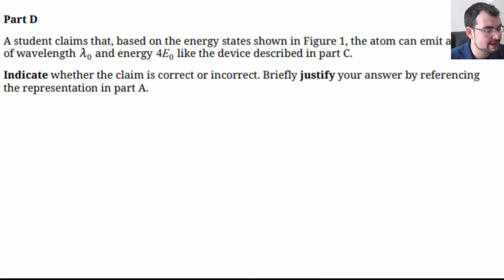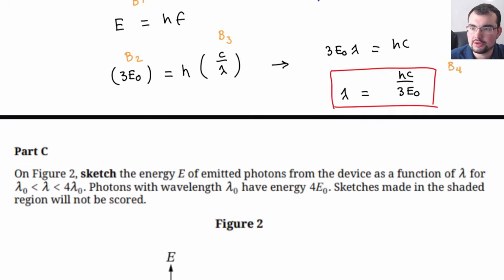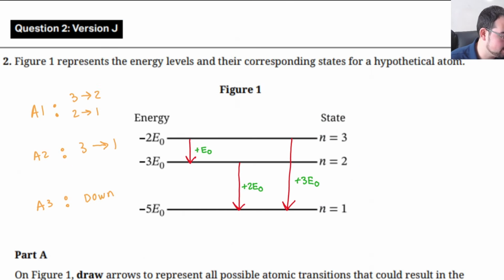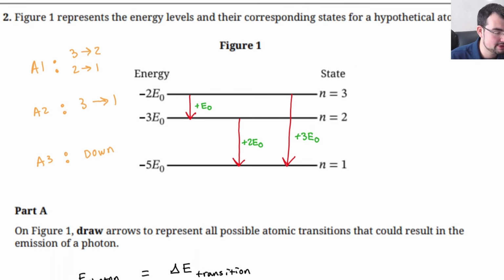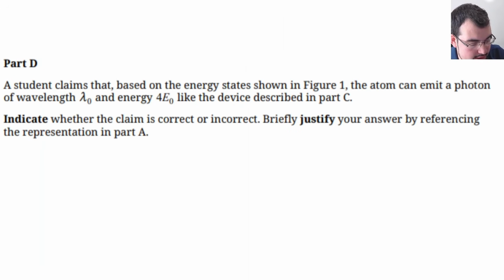And then a student claims that based on figure 1, the atom can emit a photon of wavelength lambda 0 and energy 4E0, like shown here. Is that possible? So the student claims we can emit a photon energy of 4E0. No, we can't. We showed them all. So the student's claim is incorrect,